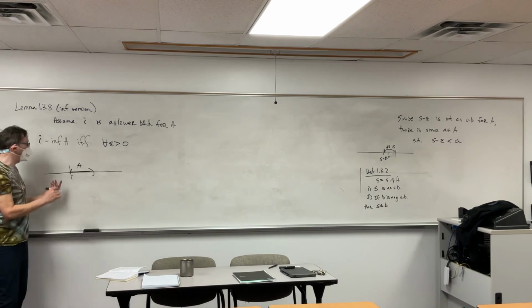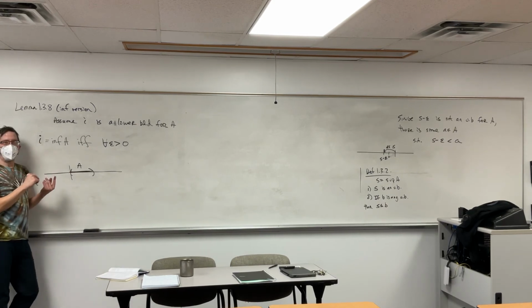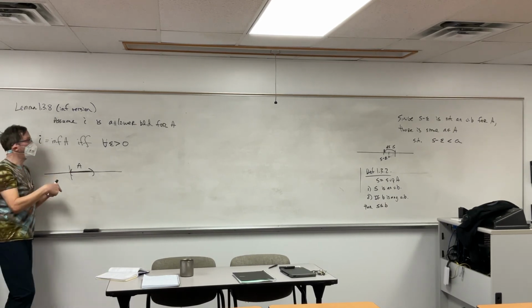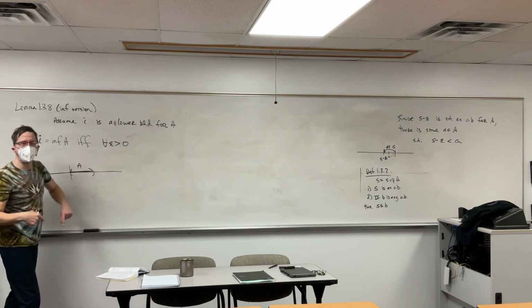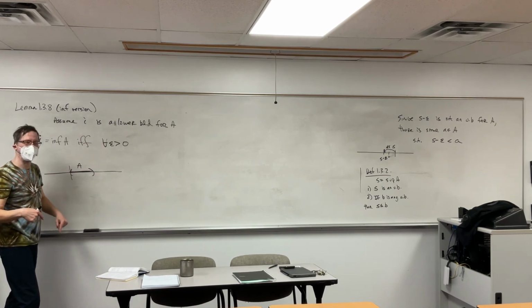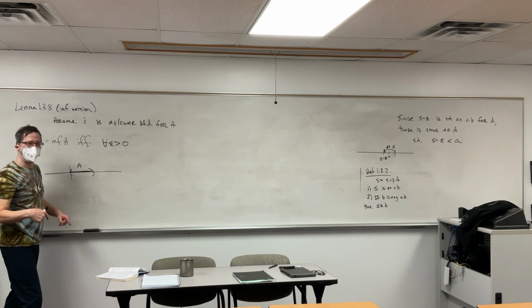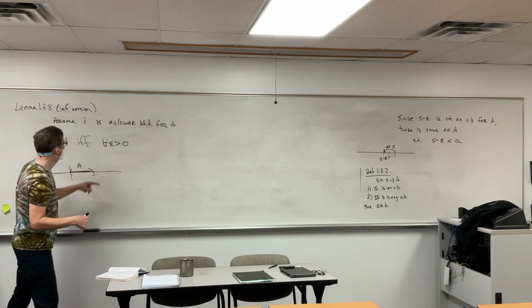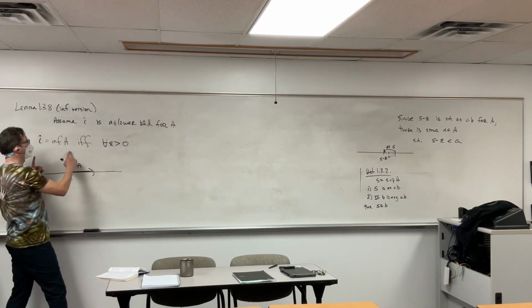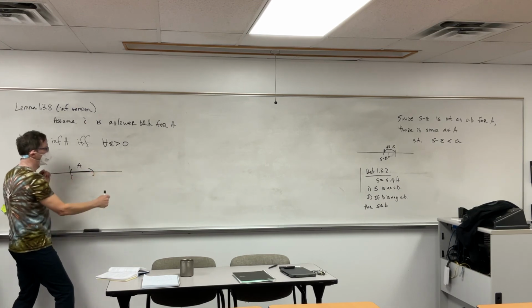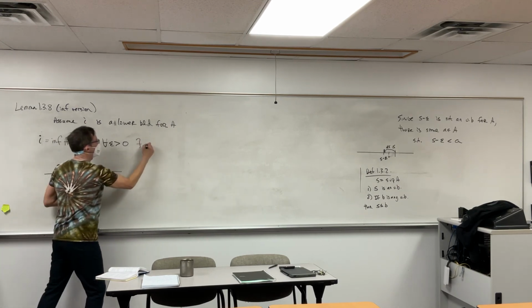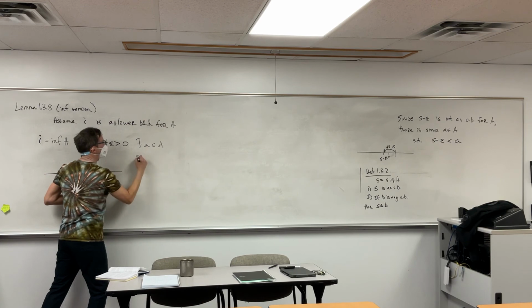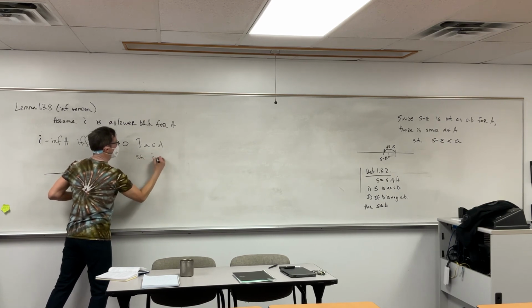So which way do I have to worry about spilling, left or right? To the right. So what am I going to do here? Noah, come on, you tell me. You're the creator of our symbology here. Then I equals inf A if and only if for all epsilon greater than 0 there exists an a in A such that I plus epsilon is greater than a. I love it.